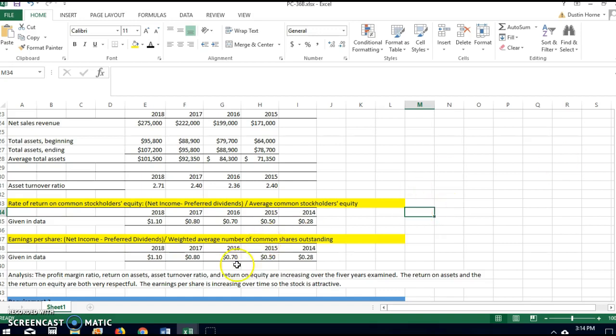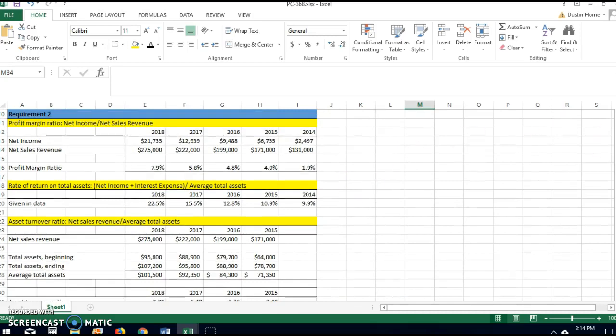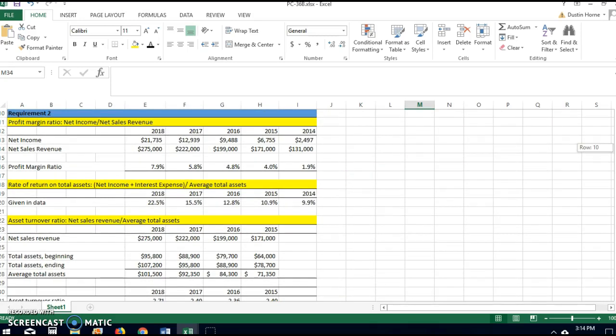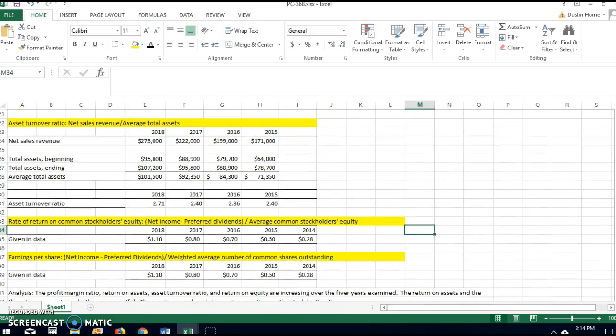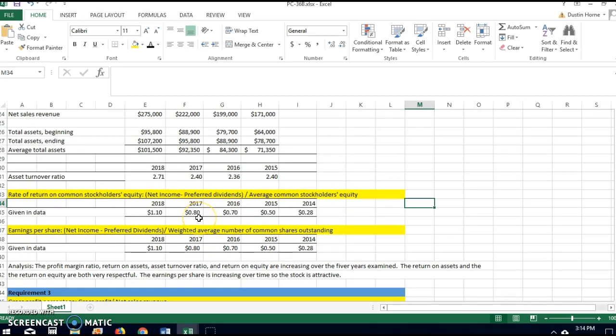But look in your book and make sure when you're going through these different measures, what's good, what's not good, do I want it to increase? And of course in these we do. So just make sure that you use your PowerPoint and your book to kind of guide you, because these are a lot of different measures here and it's hard to keep up with. So make sure you read about each one and understand what's going on here, okay? And that is all for requirement